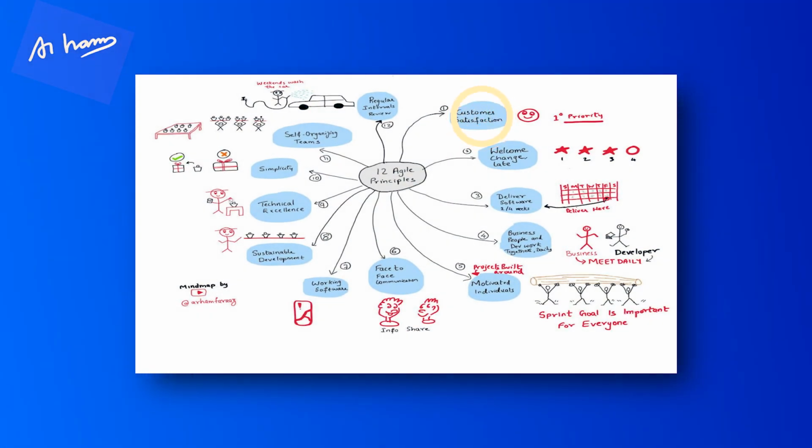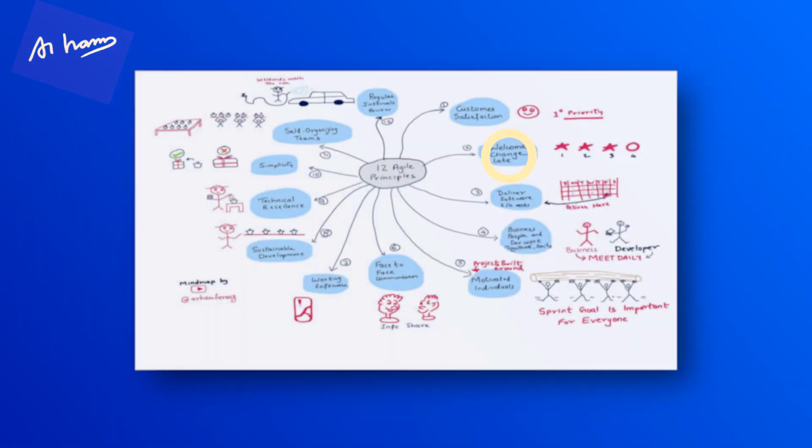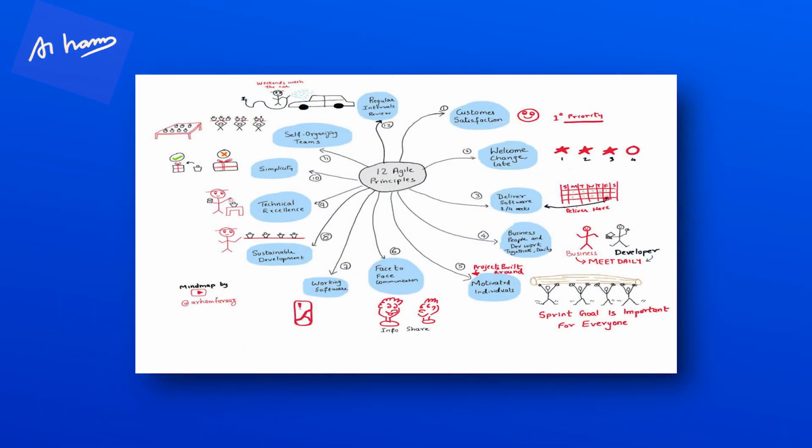So what is the first principle of Agile? It says that our highest priority is to satisfy the customer with early and continuous delivery of software. What is the highest priority? To satisfy the customer. That's the first and foremost thing. Once the customer is happy, we are happy, with early and continuous delivery of software. That's the important part. The next point is that we welcome change in the requirements even late in development.